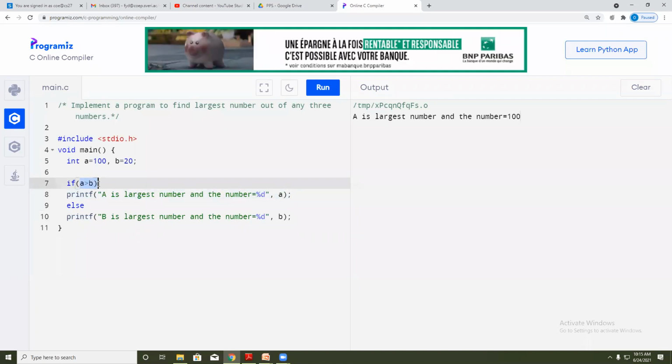If this condition is false, it will skip this line. So this is the meaning of the statement we just read.